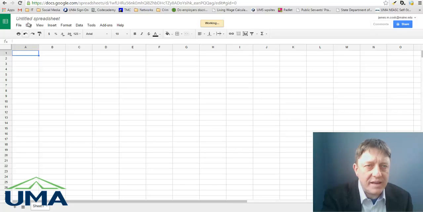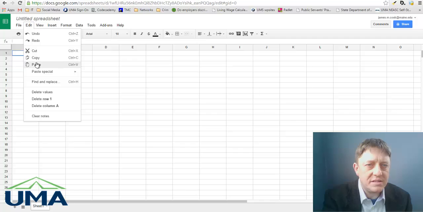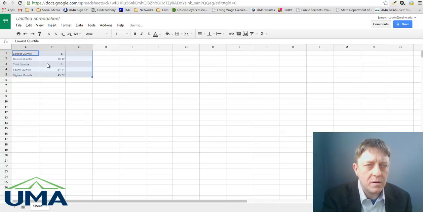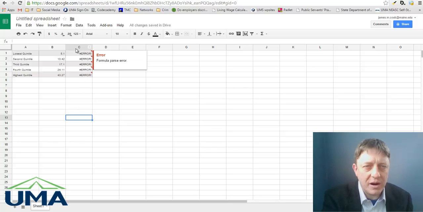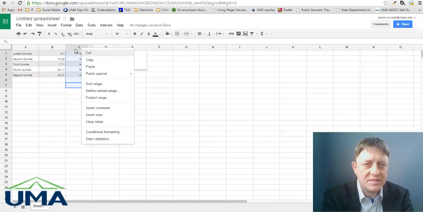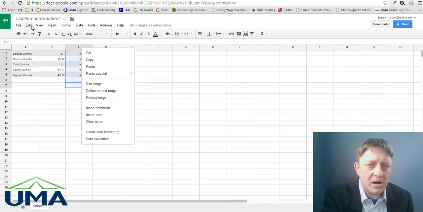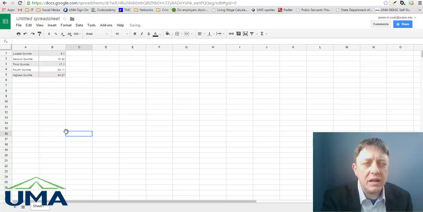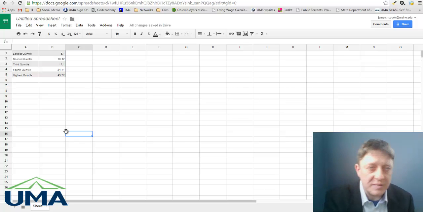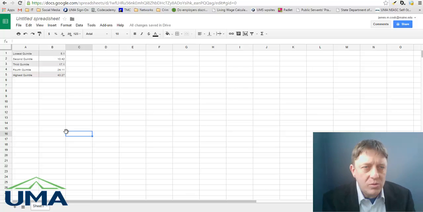Now, you can paste this in by hitting Edit and then Paste. And super. You'll notice the margin of error column gives you errors, but that's fine. I'm just going to select that column and then under Edit, delete column C because I don't need to know about the margin of error for this assignment. What I have now is for Horseheads, New York,